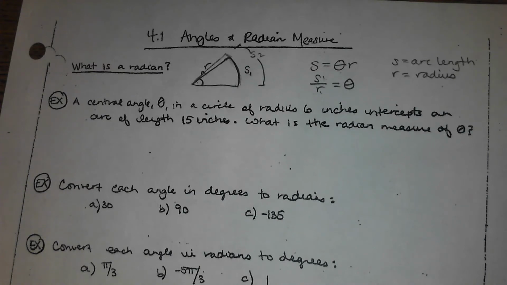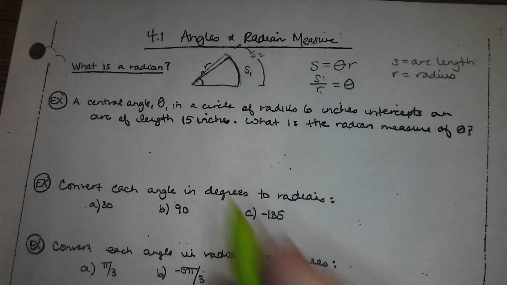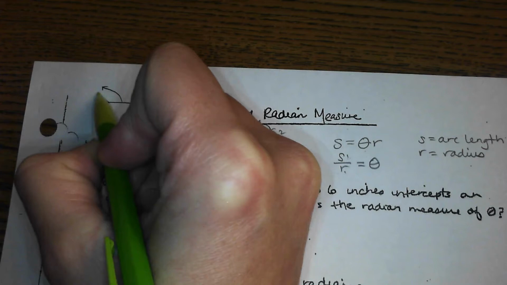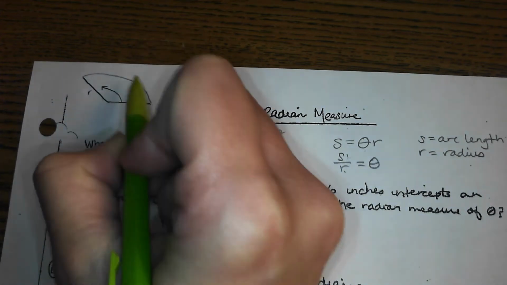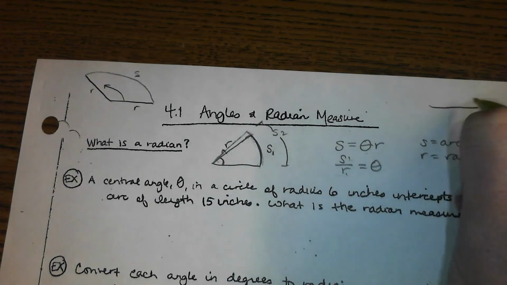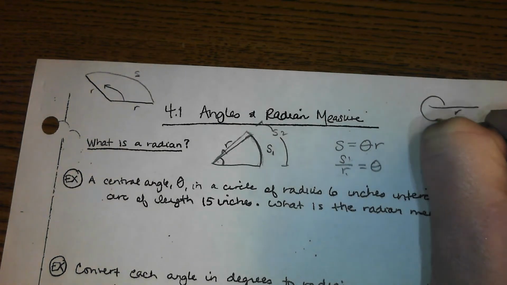Which is what 180 divided by 3.14-ish would be. Right? 180 divided by pi. When it opens up, there's your radius. When it opens up such that your arc length is twice the size of your radius, then that ratio becomes 2 to 1, and that would be approximately 2 radians, which is approximately 114, 115 degrees. Okay? And then if you open it up in a full circle,